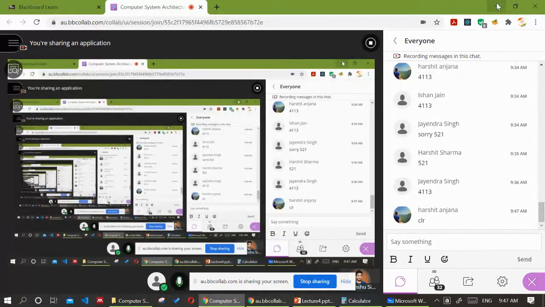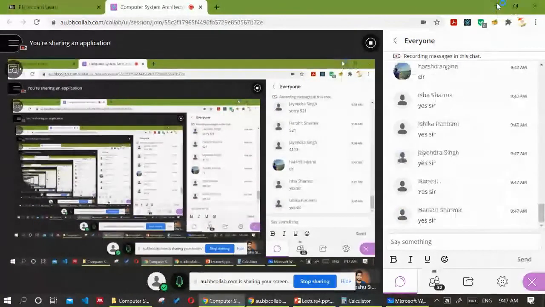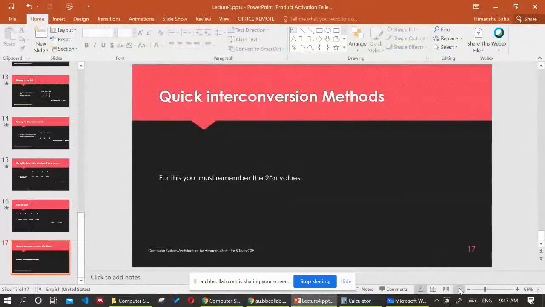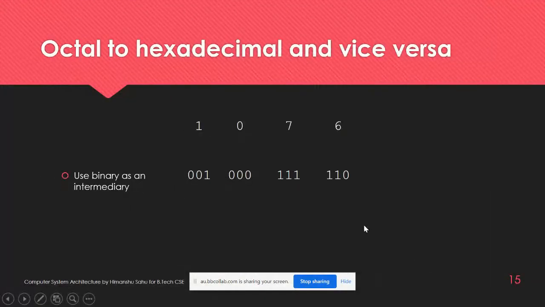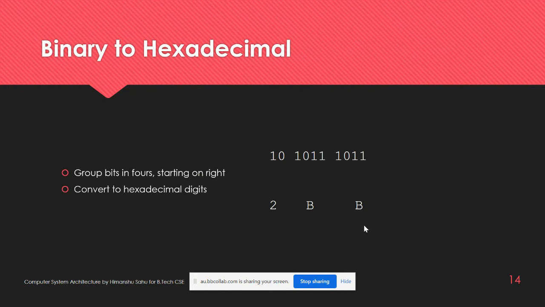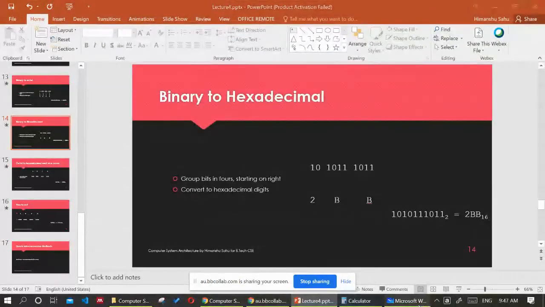Okay, so coming to just one more example, how you can convert an octal number to a hexadecimal number and vice versa. There are two possible ways of doing this. The first: suppose you want to convert octal to hex.